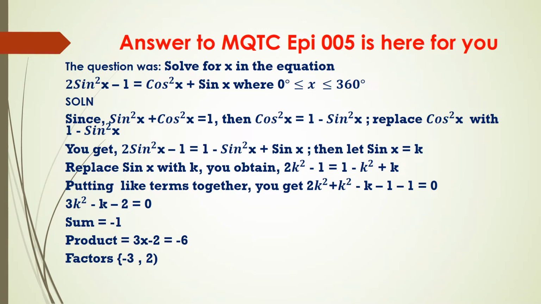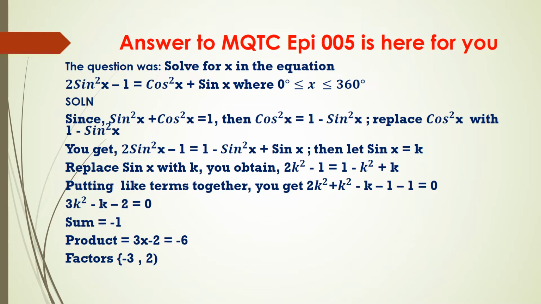Then we say let sine x be k. Then wherever there is sine x, we will replace it with k to obtain 2k square. I'm saying k square because sine x is the one that represents k. But in the first case here, we have 2 sine square, then it means we will now have our k having a power 2. That's why I'm saying 2k square minus 1 is equal to 1 minus k square. Since at that given place we had sine square x, that's why I'm saying k square, then